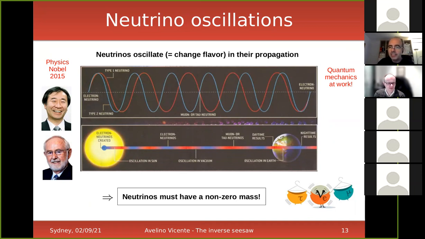However, for this mechanism to work, neutrinos have to be massive. They need to have at least 2 of them with non-zero masses. And this is already a proof that the standard model is incomplete. We need some addition of new fields, new symmetries, new mechanisms, new dynamics to explain how neutrinos get their masses.